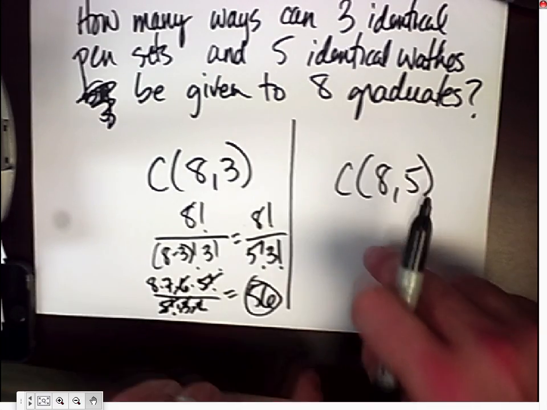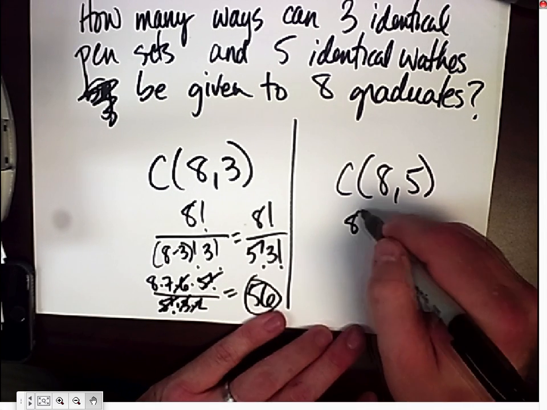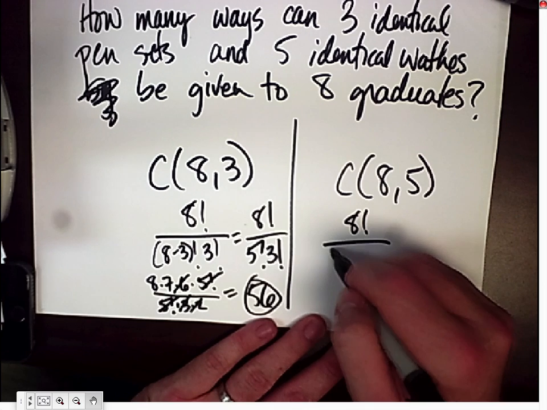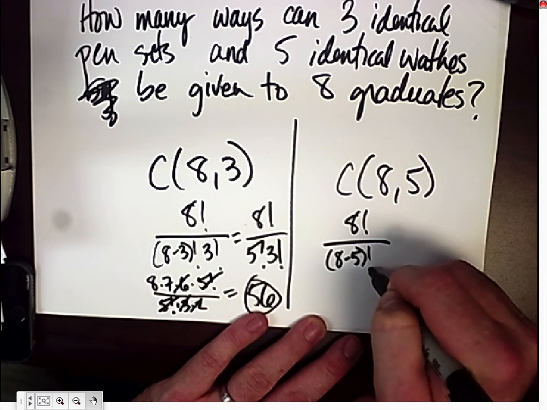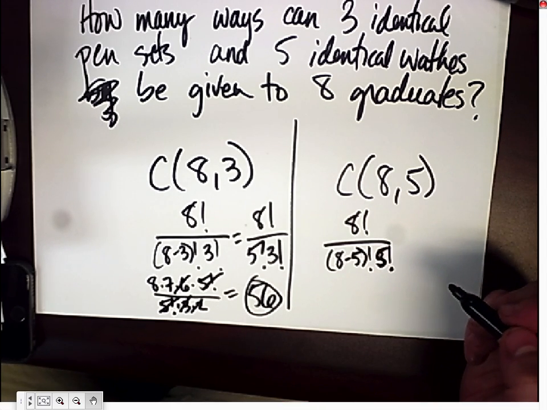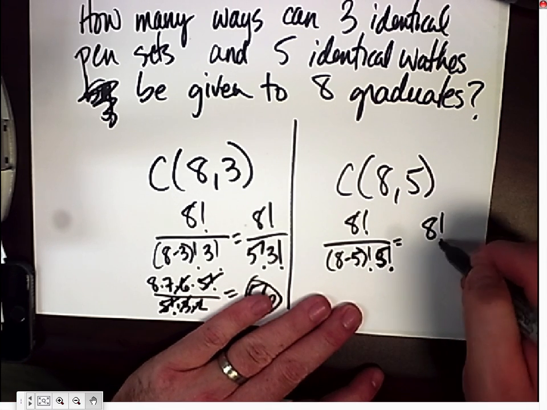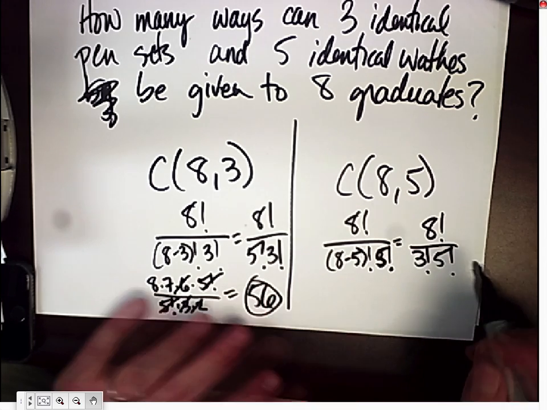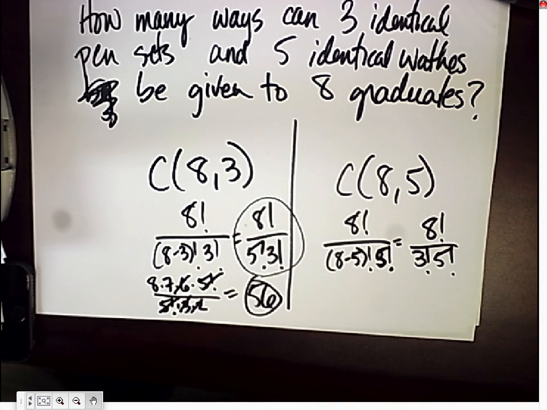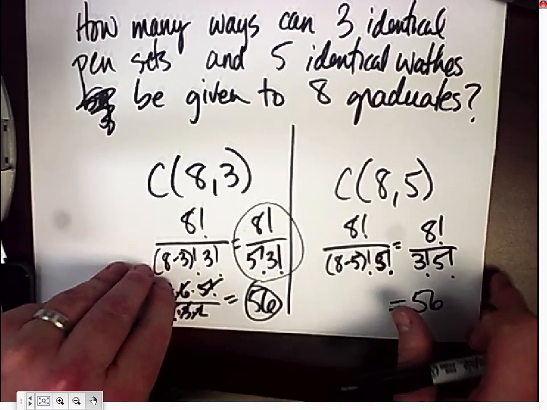Okay, well, let's say you thought to do it this way. What is it? It would be 8 factorial over 8 minus 5 factorial, 5 factorial, sorry. Right? That over that minus that times that. Well, that becomes 8 factorial over 3 factorial, 5 factorial, which looks very familiar. Okay? So for the exact same reason, that's going to be 56. Make sense? Okay. All right, so now